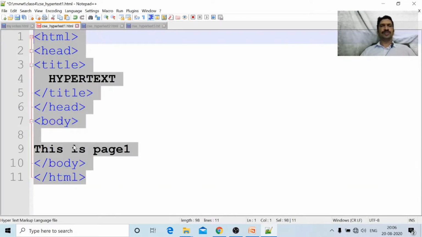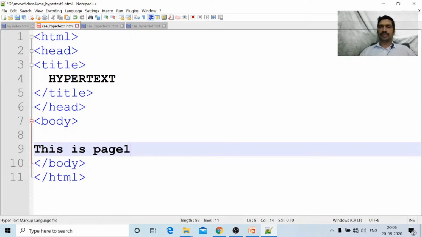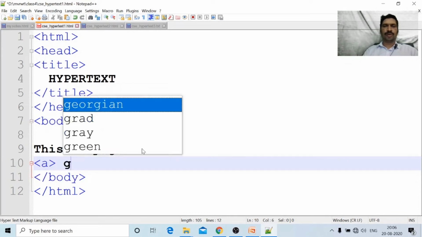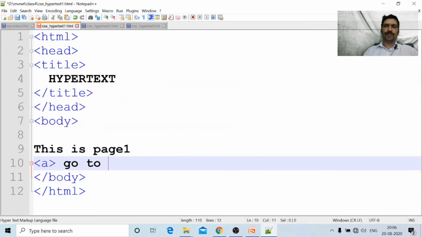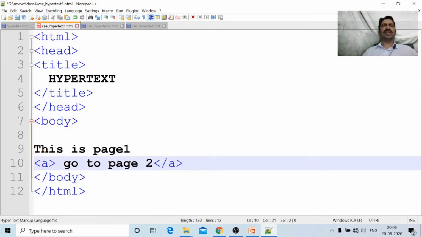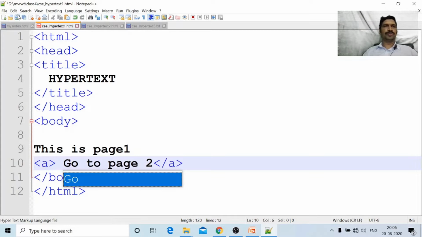Now we will write the code. In this one, this is page 1. I am writing here the anchor tag: a, go to page 2, /a. We write the anchor tag like this. I have saved this one, CSC hypertext1.html.